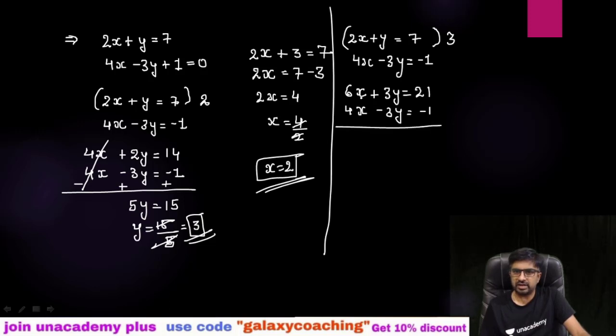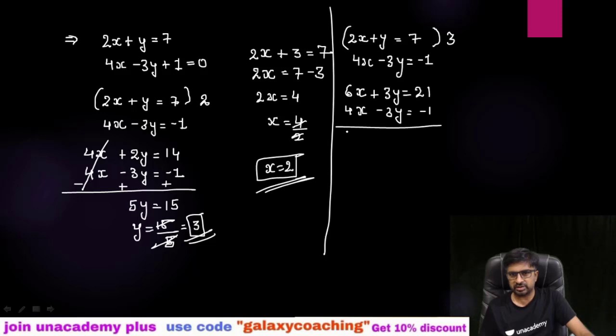Now here we have to add, guys. Actually, earlier we subtracted because both the signs of 4x were the same. Here the signs are different. If you add these, then you will get 0. So there is no need of subtracting, and no need of changing the sign. Earlier we were subtracting, so we had to change the sign. Here we are going to add.